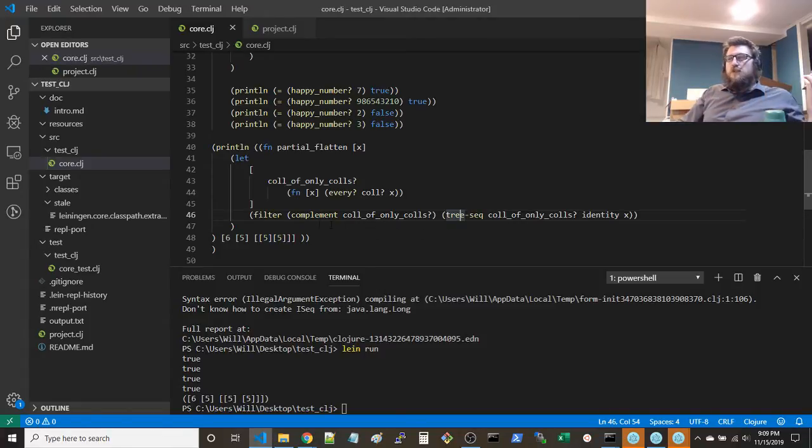And what you can do then is filter on that sequence and say, okay, if the thing I'm looking at is an inner node, just remove it, filter it out. So the column of only columns is what defines the inner node. And so if we take the complement of that, that means that we'll only have the leaves. And the leaves obviously are the final sequence of these collections concatenated.